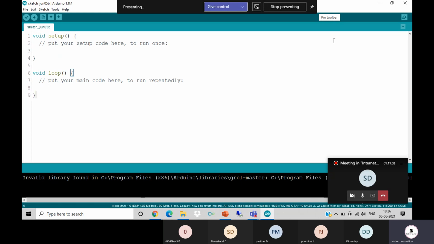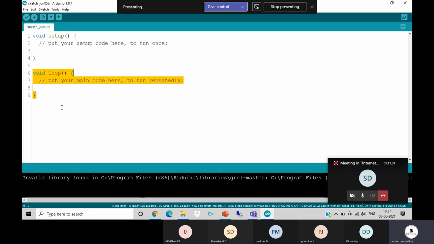So we have to tell the Arduino which pin we are going to use and what the purpose of that pin is, whether it is going to be an input pin or an output pin. This is what we consider in the void setup section. And if we are including any library, that is also discussed here itself. Fine. Now the next thing coming in this part is your void loop section.